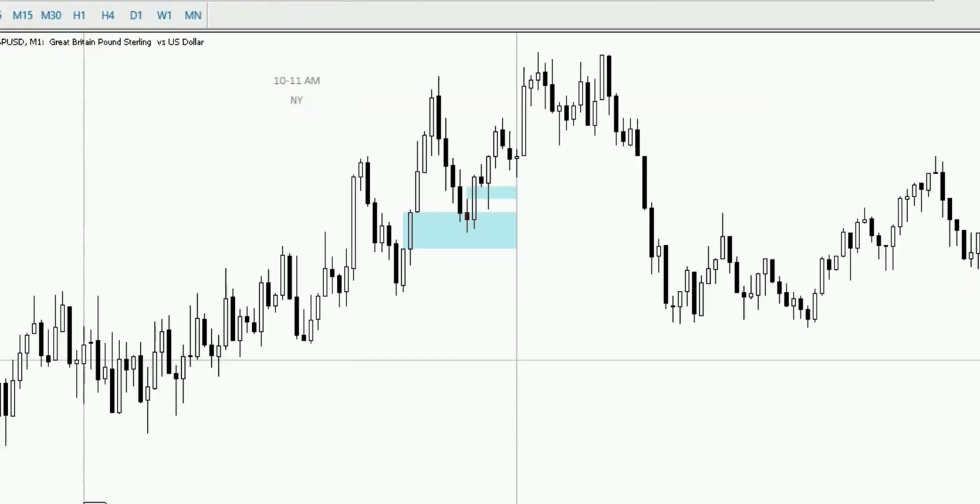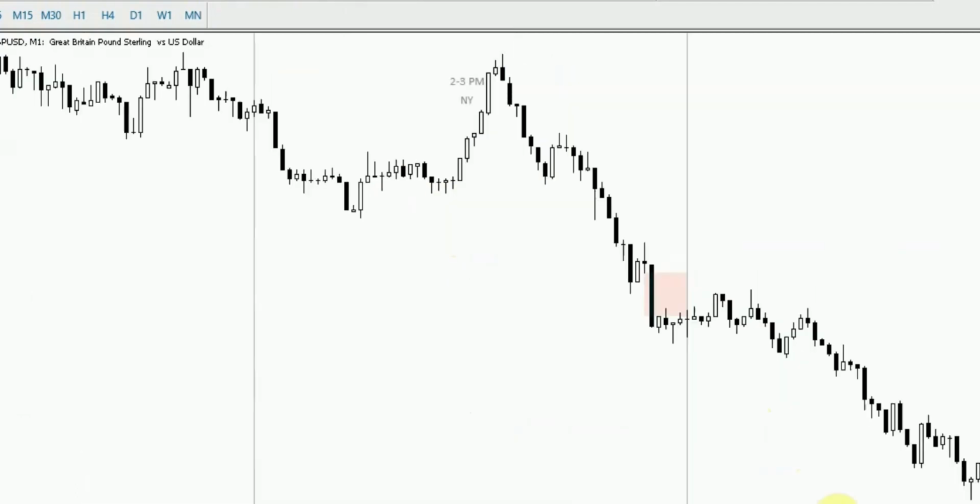Let me zoom in on this section. So here you can see we have a blue fair value gap that was identified in this session. So this is a bullish fair value gap from which you can place buy orders. And you can see where the market went up, retraced and touched the gap, and then went back up again. And here we have another section, this time with a red bearish fair value gap. So you can see when it was formed and the market went down, came back and touched the gap and